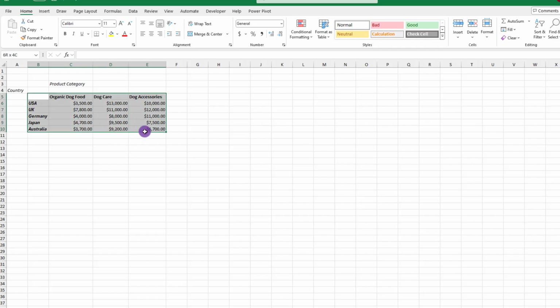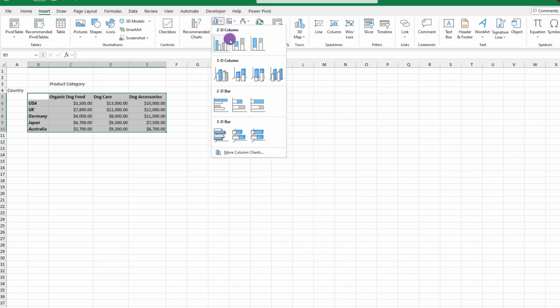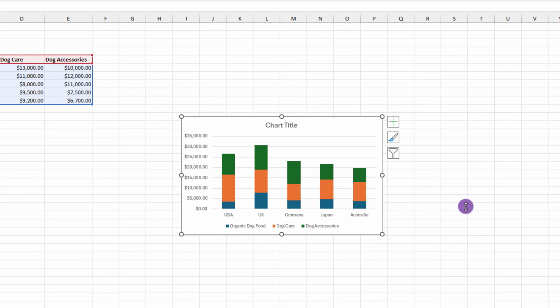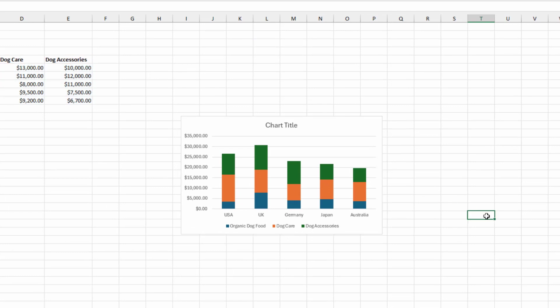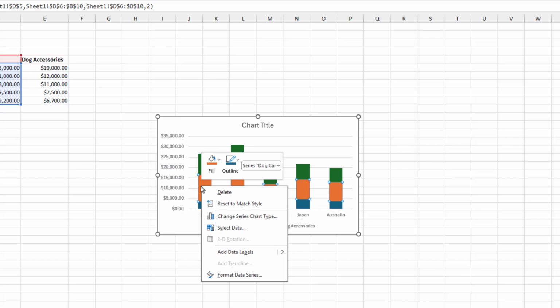For example, if we select our data and then go up and click Insert, Bar Graph, Stack Column, you'll notice when the graph is created, it looks like our largest set of numbers, in this case the dog care, is in the middle. Now, most people would try to rearrange the original data to change the appearance of the chart, but there is a better way, and that is to hover over the bar you want to change, right-click, and